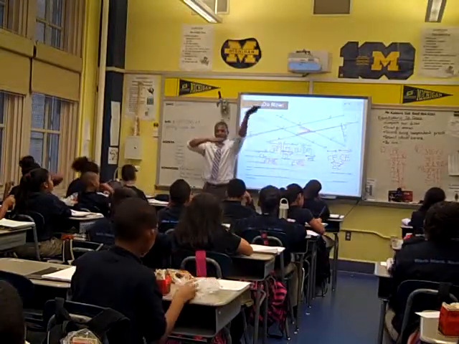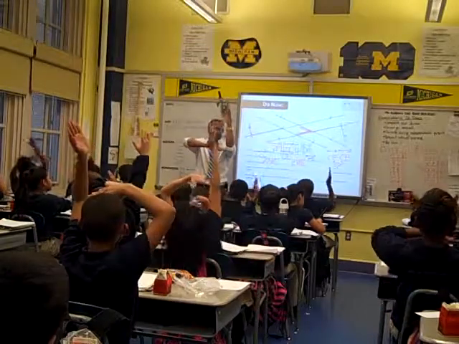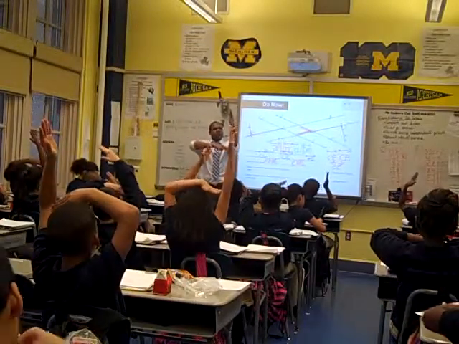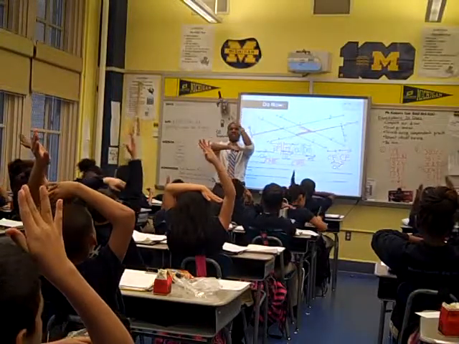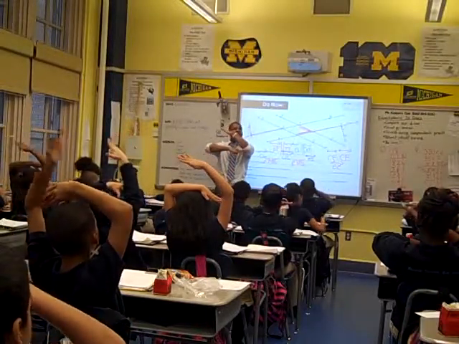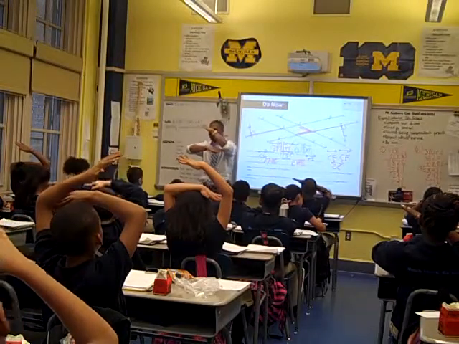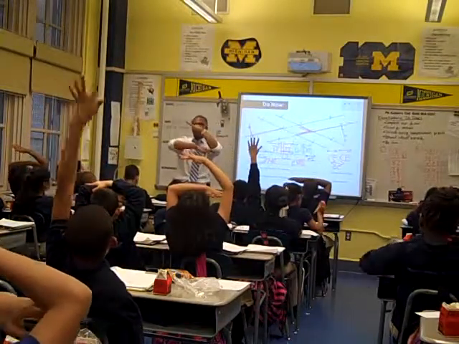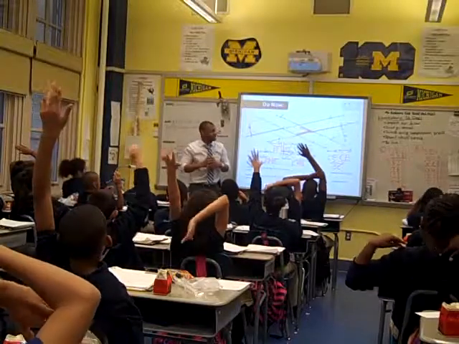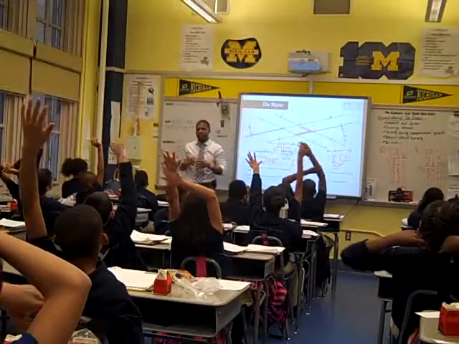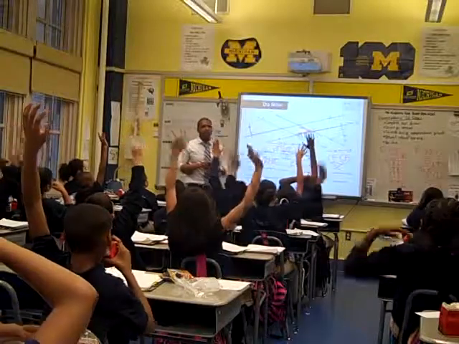Everybody make their right angles. Their right angles. Now, angles are measured about how open they are. Let's close this down a little bit. This is now less than 90 degrees. Who can find an angle in this group of lines here that is less than 90 degrees? I love that so many hands are up.